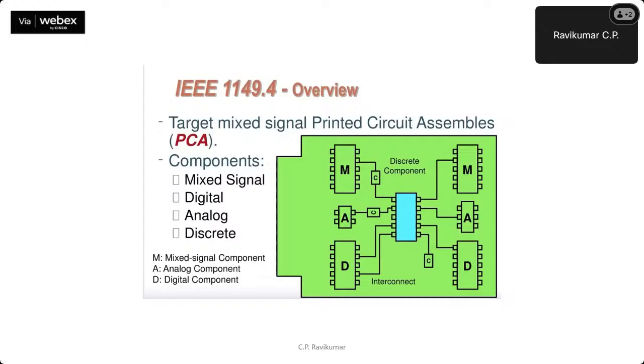They also came up with some sort of a standard for the analog test bus. Nowadays analog parts are also getting integrated into your chips, so there may be mixed signal, analog, digital, and so on, right? If a mixed signal chip has to communicate with some sort of a discrete component, there could be a lot of different kinds of analog signals that may have to travel through